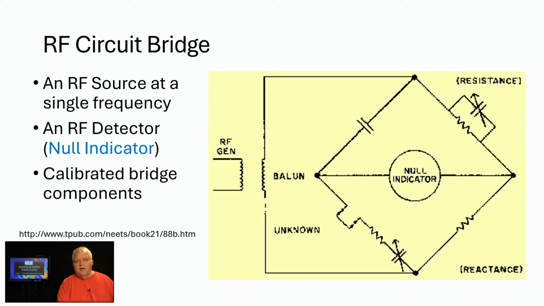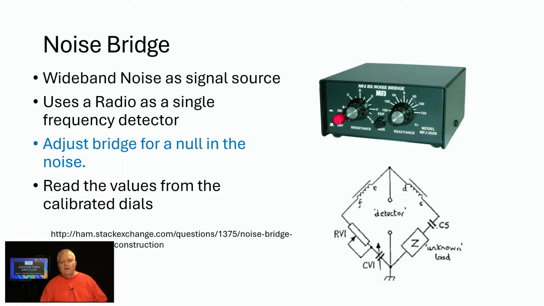to test. This uses the RF generator as a single frequency source. You also have noise bridges, which use wideband noise as a signal source, and you use a receiver, a single frequency receiver, as the detector. And by doing that, you can adjust the bridge for a null, and that will then also tell you the component values, the R or the X values of what you're trying to test. As I say, most of this has been replaced by digital LCR meters or other things that are built into